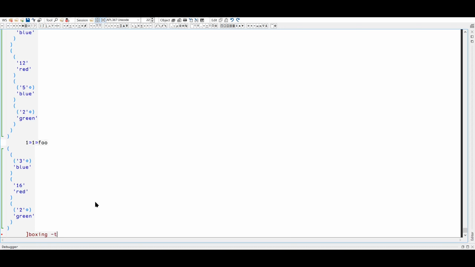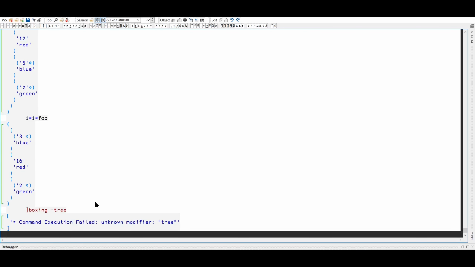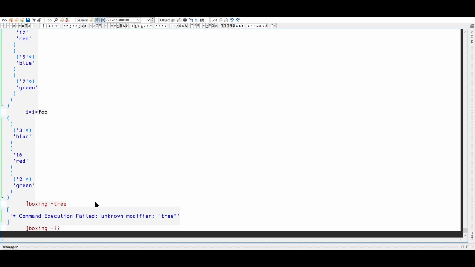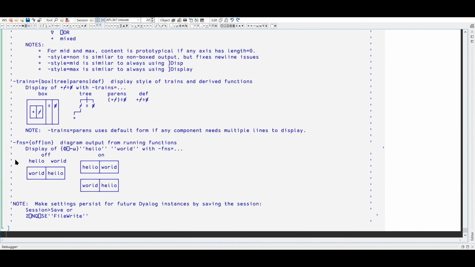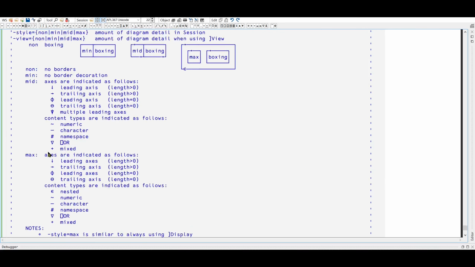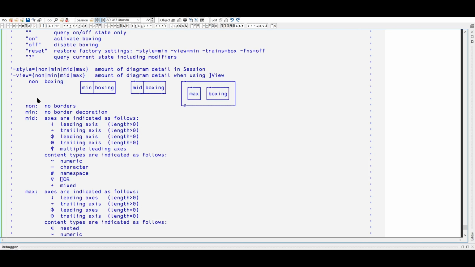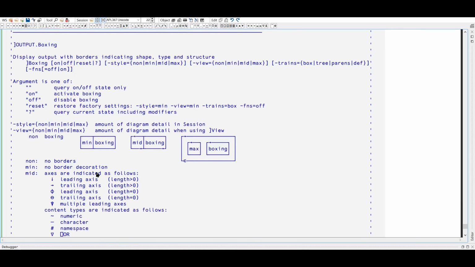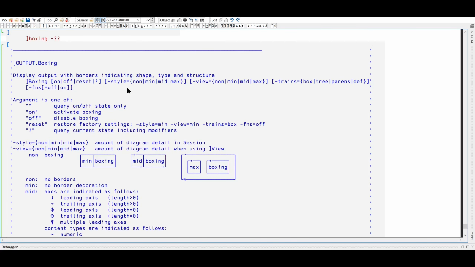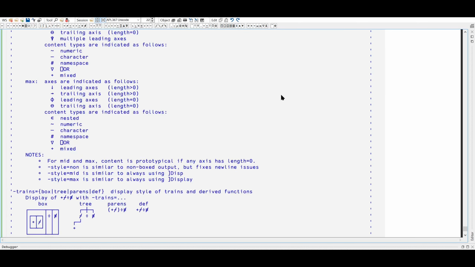Boxing is tree, you said, or something? Okay, we're trains. No, we don't want that. View? Mid, max. Oh, I see. Non-boxing mid. I see. I'm just looking for a way to make it grid-like.